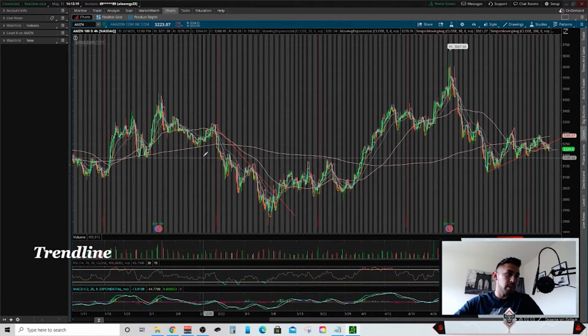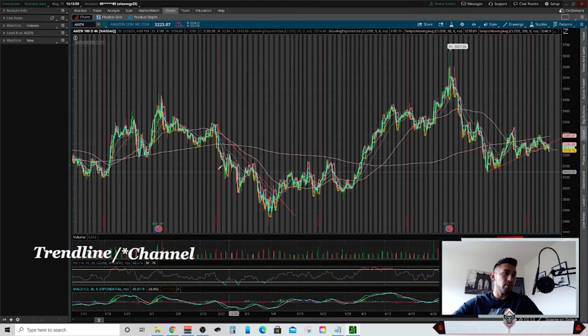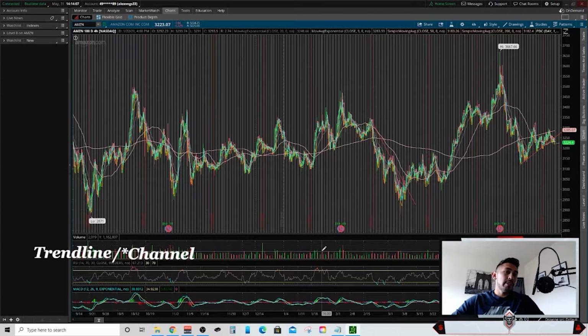So this usually means that if it comes and tests this level, it might have a hard time breaking it. But when we do, that's when we signal a reversal to the top side. So we broke it right here and then we started trending back up. But now let's add something on top of that, because trend lines are very similar to channels. So I need to put an asterisk on this style of trading because it is trend line / channel support and resistance. A channel is very similar to range bound, except it's angled either up or down.